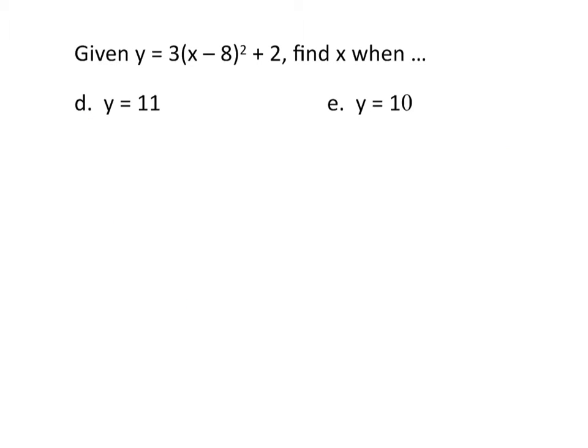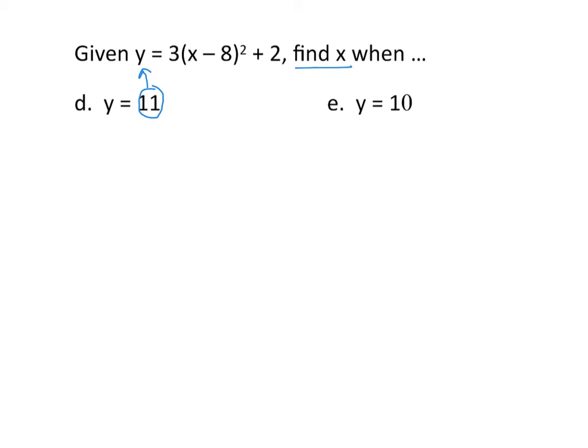Alright, so we still have the same equation, y equals 3 times the quantity x minus 8 squared plus 2. But now we're going to find x. We're going to find the value of x when we know what y is. So this is the type that when we know what y is, we have to show our work, and we cannot just rely on our calculator. You can use your calculator to check your answer, and that would be a great plan, but for right now